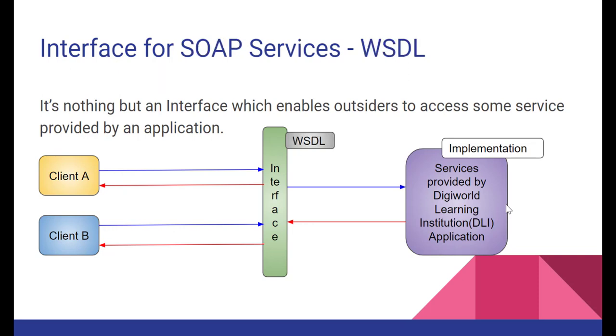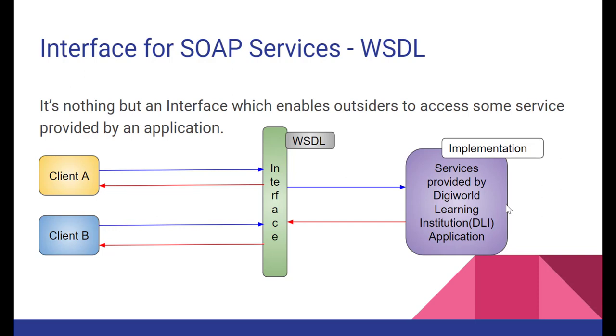Here comes another kind of web service, the SOAP service, right? In case of SOAP service, we have WSDL. This is used to develop the interface for SOAP services, right? This WSDL also provides the same kind of information we saw for the API in the earlier slide. In case of SOAP service, we need the interface as WSDL, and the implementation part depends upon your preferred programming language.